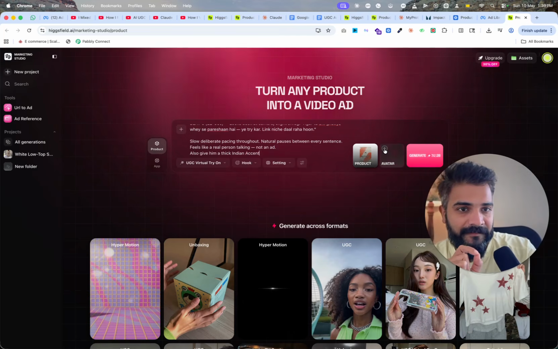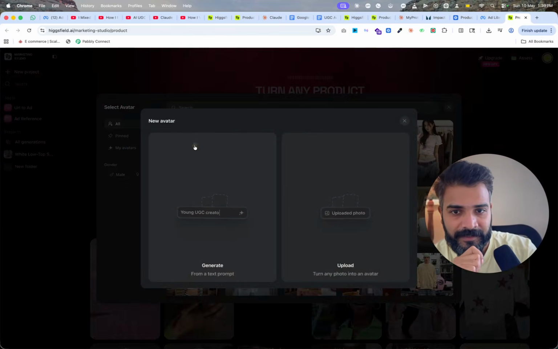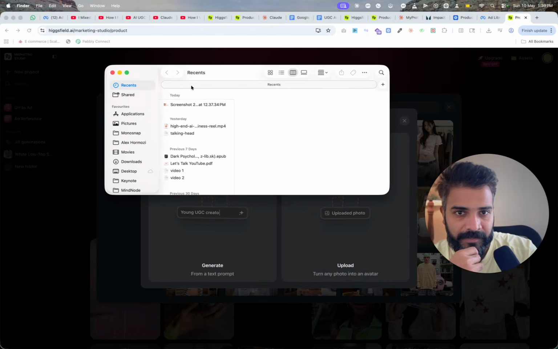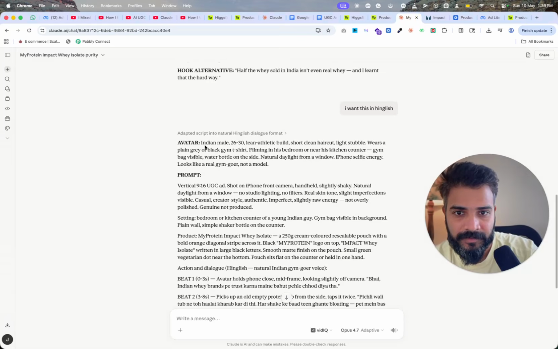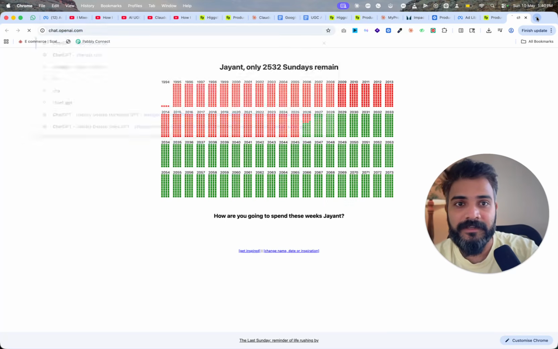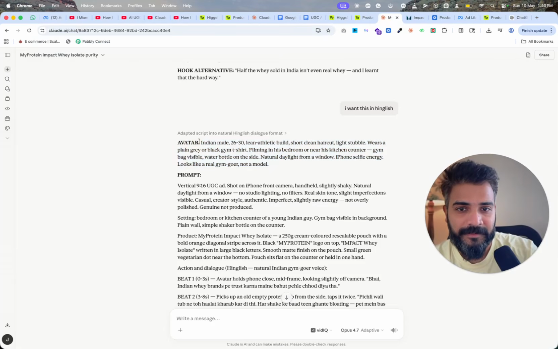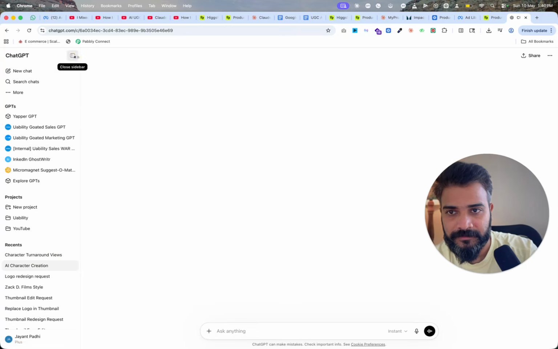Now we can add our avatar here. So click on plus and you can upload your avatar right here. You can create your avatar and upload your picture. Okay. Actually, I would like to have a clear, let's go to the same. If you want like a better result, just copy this prompt on the top. It actually gives you like this avatar description. We can go back and here